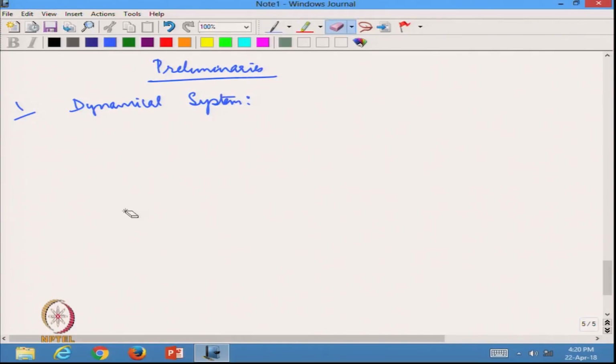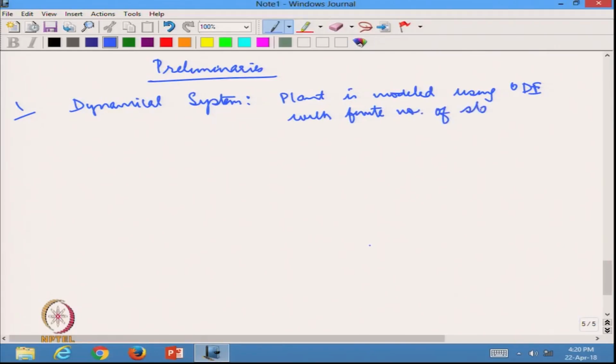We consider the plant to be a dynamical system. So, the plant is modeled using ordinary differential equations with finite number of states. Okay. And the way you would represent a dynamical system in general, which is represented using ODE,